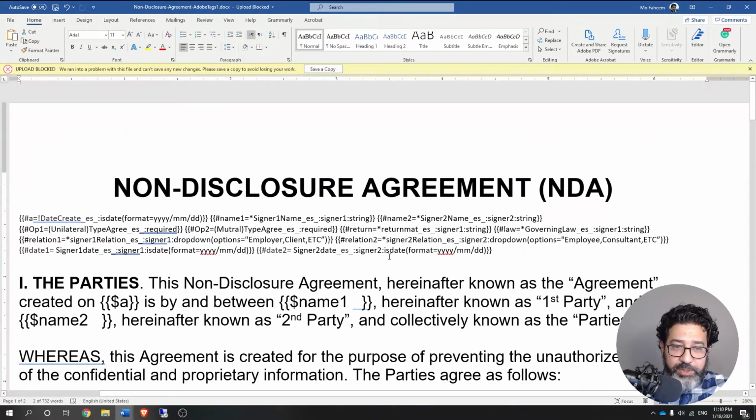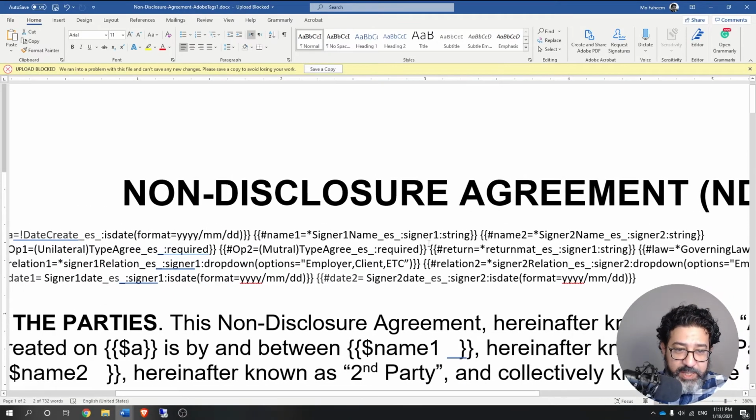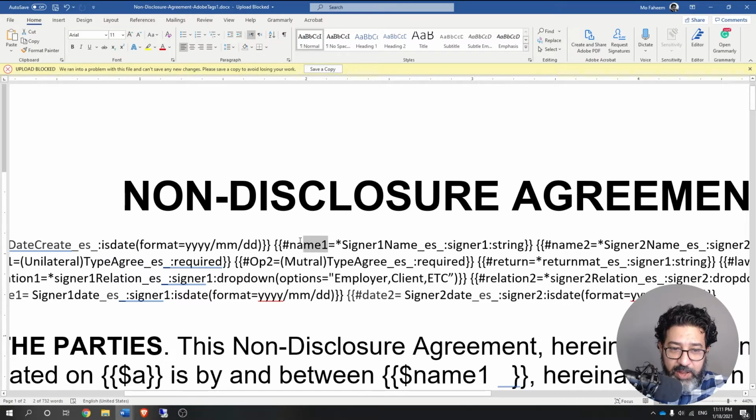And if we go to the structure of the field itself, we can see that over here the name is the value that I'm passing through within the document, and I'm using the hashtag sign and the $ sign to use that variable within the text itself. And we have a number of pieces of information like the signer 1 name. This is the value of Adobe Sign, or the variable that I'm setting in Adobe Sign. And within the data map, I will show how I'm going to pass this information back and forth.